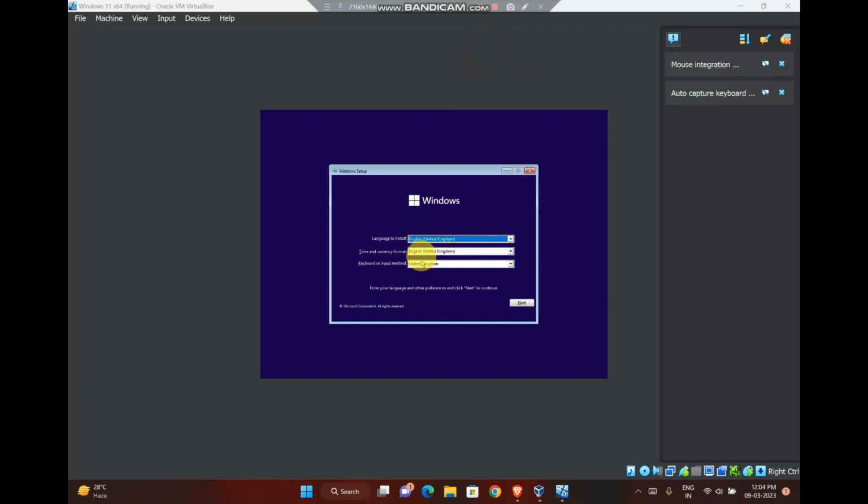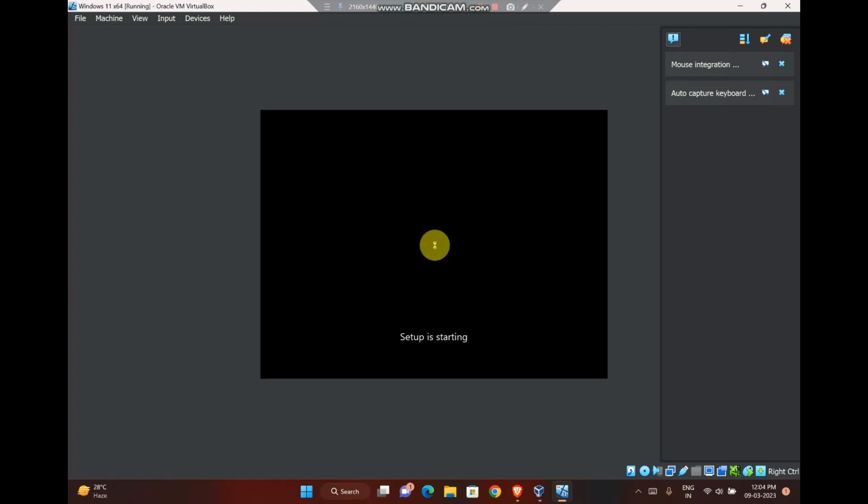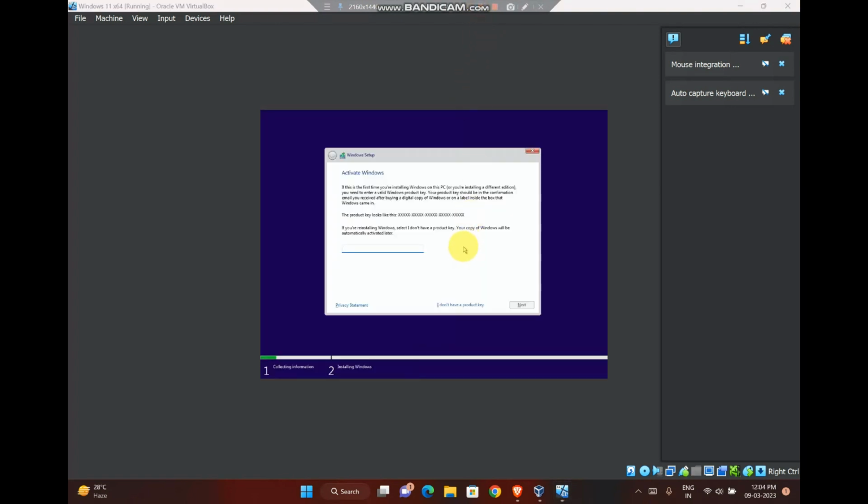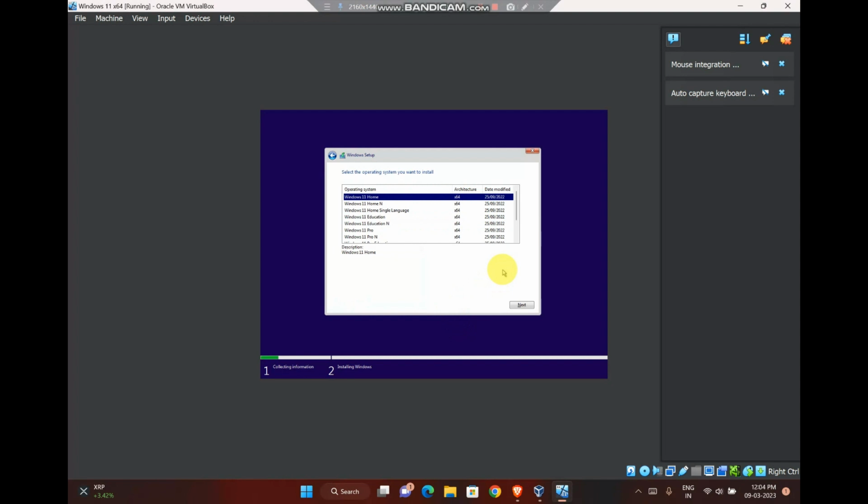In this screen we will be selecting the time, currency, keyboard input and all. Now we will be clicking on next, then click on install now. Again we need to wait for some time. If this screen appears, then click on I don't have a product key. In our next video I will also be telling how we can activate the product key without buying any license. Here I will be clicking on home single language,